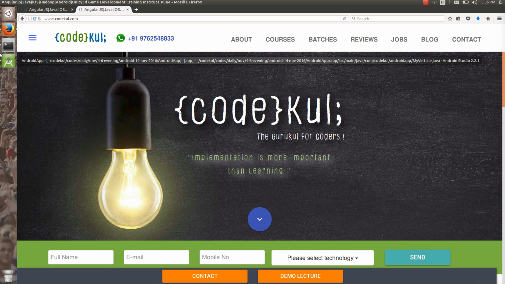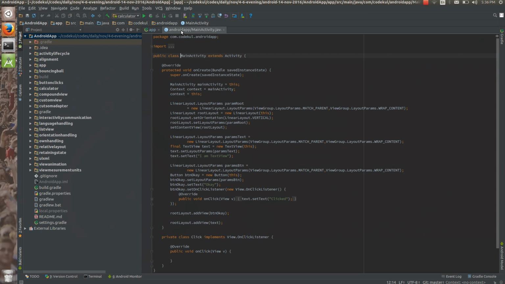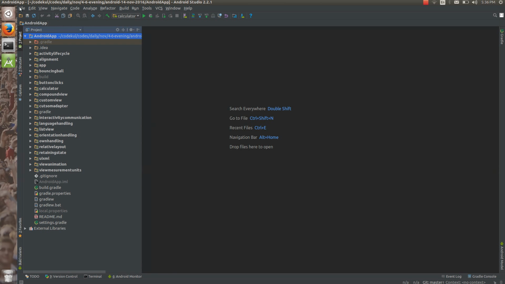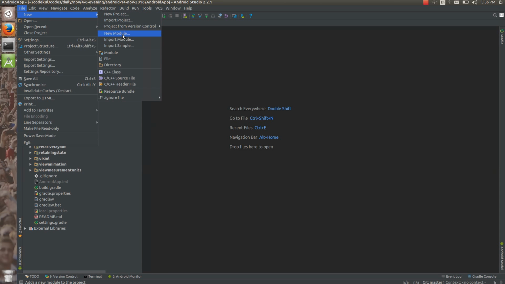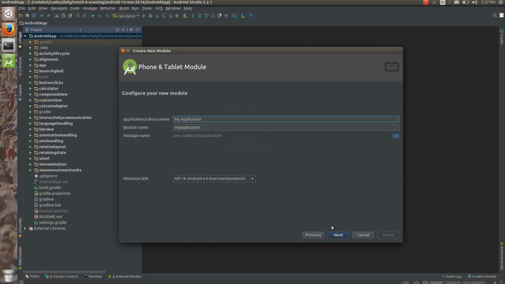So let's start it. Today's topic is simple value resources. Let's see what we mean by simple value resources. Let me create a new module inside this project. Say next, and